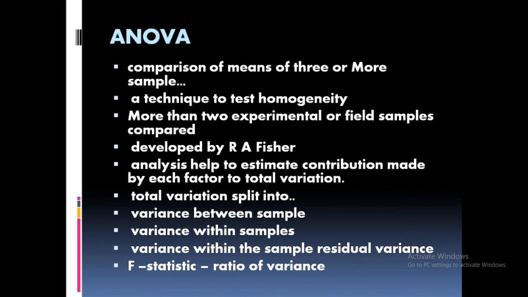So how you can find out F value is between treatment mean square by residual mean square. That we are not going into in detail. Between treatment mean square and treatment we will study in detail in experimental designs. Treatment is what, for example, the fertilizer we are applying, that is a treatment. Clear? Okay, between treatment and residual mean square, that is the F statistics.